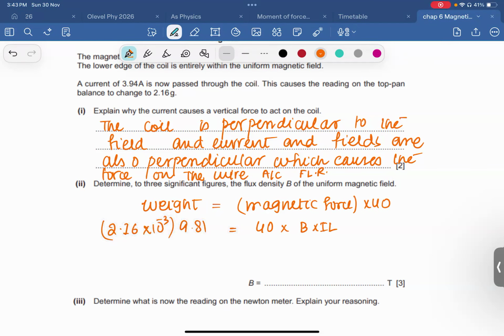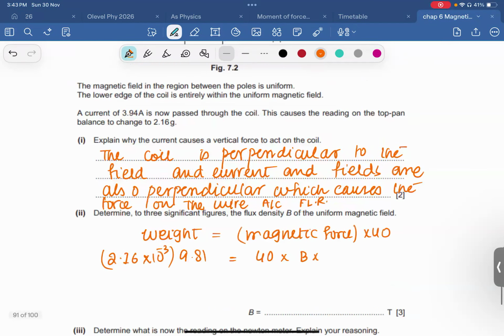B is unknown, I and L are the known values. So I is 3.94 and L is